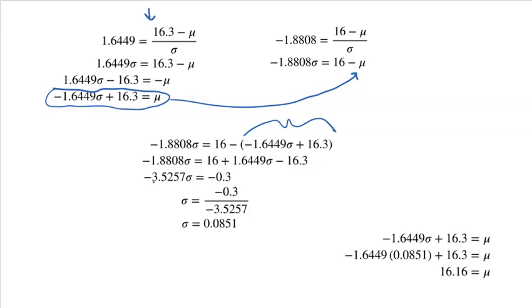That gives me negative 3.5257 sigma. That was the negative 1.8808 sigma minus 1.6449 sigma, and that's how I came up with the negative 3.5257 sigma. Then I have like terms over here. 16 minus 16.3 is going to be negative 0.3. And then to solve for sigma, I just simply divide the negative 3.5257 over to get sigma to be 0.0851